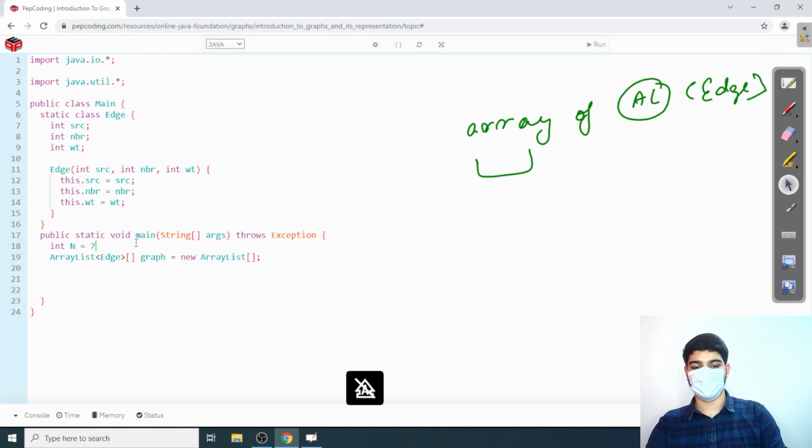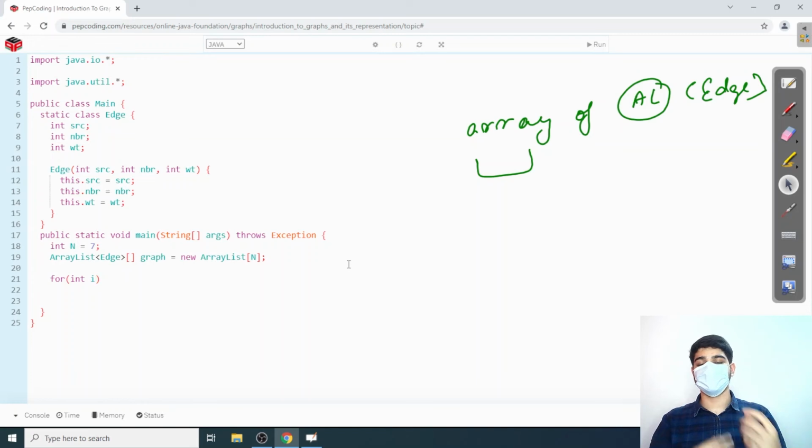So let's suppose I have 7. So there are a total of 7 vertices in my graph. So what I can write over here is N. All right. Now, the next thing I have to do is initialize each and every array. So what I can do is traverse this array and initialize each and every position in the array, which is my array list. So int i is equal to 0, i goes to 7, which is my N,